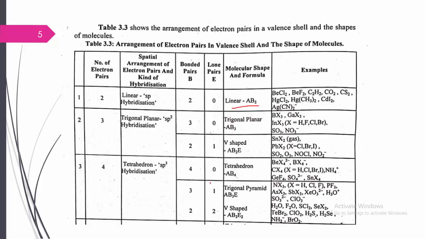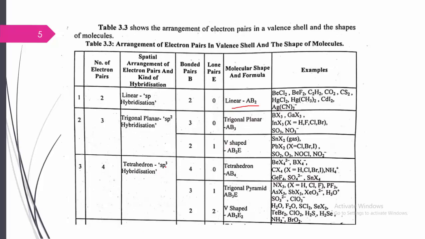But the same hybridization having one lone pair of electrons, that is two bond pairs and one lone pair, forms a V shape. Because it has one lone pair, as we already studied, Cl2O molecules, and SnH2 also having one lone pair of electrons, form V-shaped molecules.